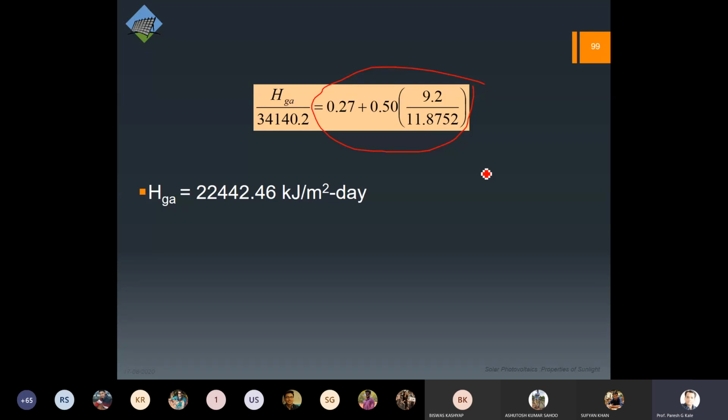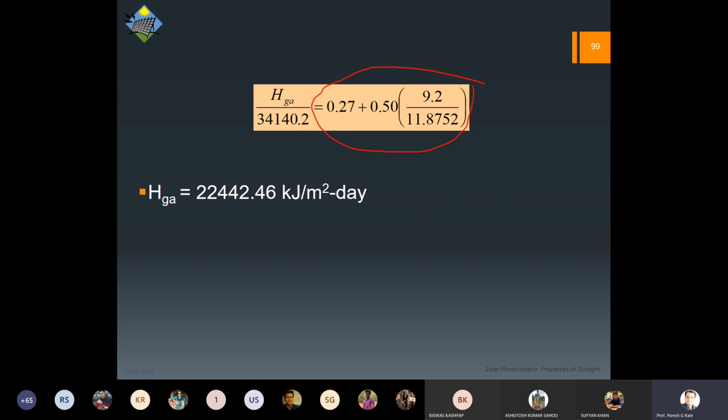Suppose then I put the panels of a size 1 meter square. I will get how much? About 7 kilowatts per day. And let us say the efficiency of the panel is 0.2. How much am I going to produce? 0.2 into 7, that is 1.4 kilowatt of the electrical power, roughly talking. Okay, roughly talking. So this is how these things can be important.